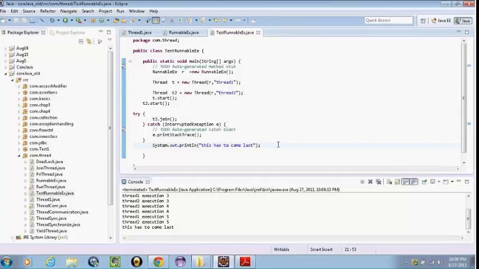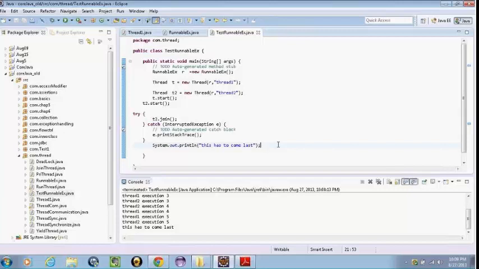So we can start both the threads, but I say T2.join. I start the first thread and I say T2.join. I want to make this thread wait until the other thread fetches the price details for the week. So in real-time scenarios, there will be one process dependent on the other. In such scenarios, we use the join method.